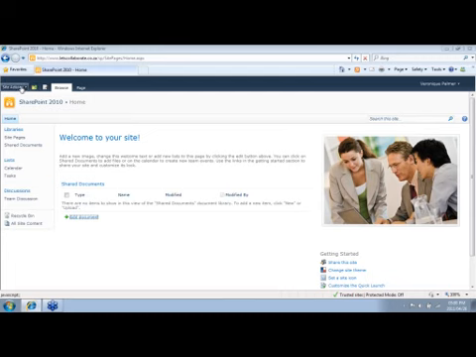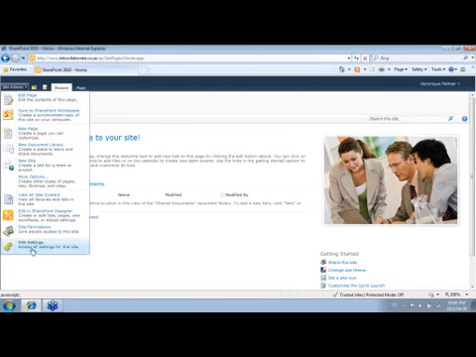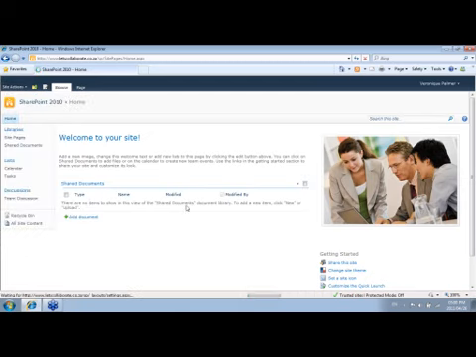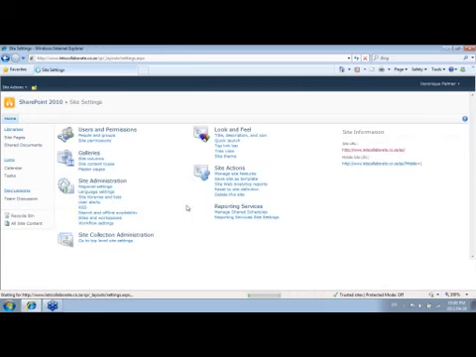It will start with a Site Actions button. Your Site Actions button is where you would either go and create new items or go and change the settings of your entire site. So this is only open to people who have got the right permission levels. You need to be a site owner or higher to be able to see this. But you would go and change maybe your theme or your settings, whatever, under your Site Actions and